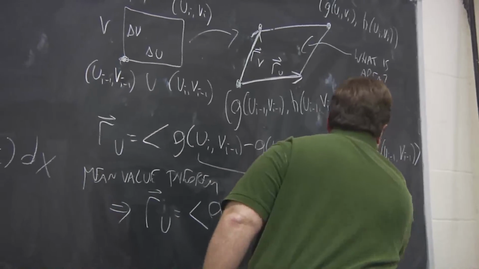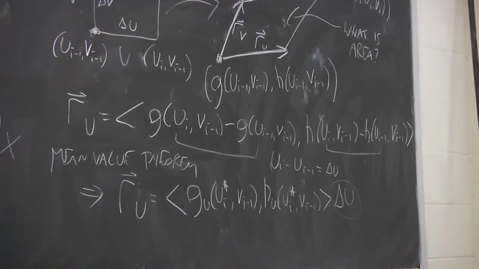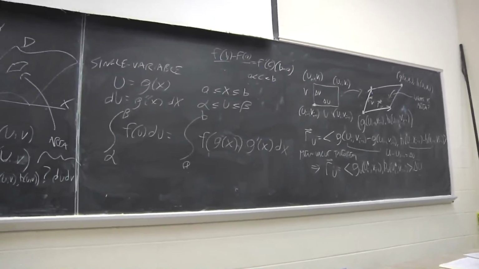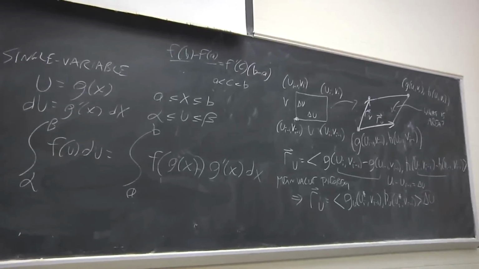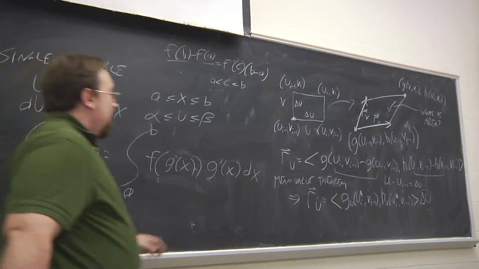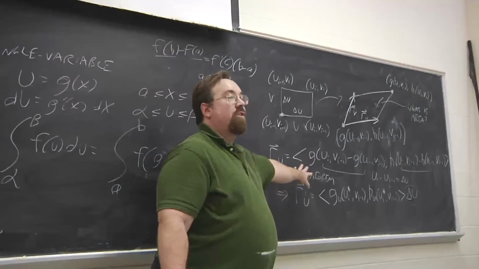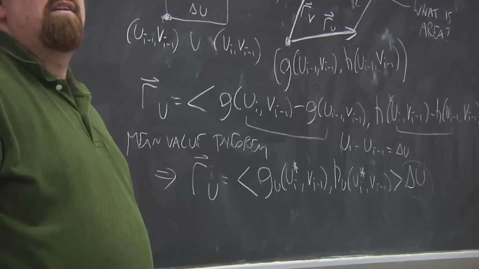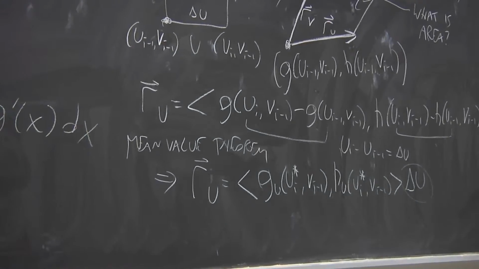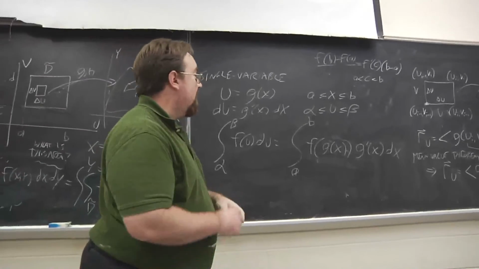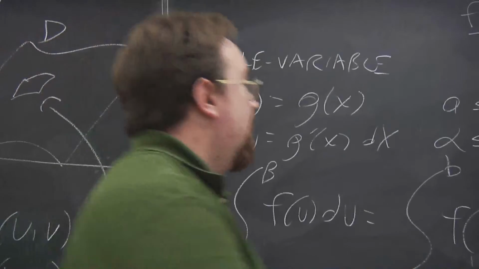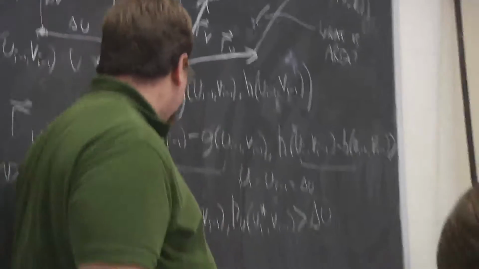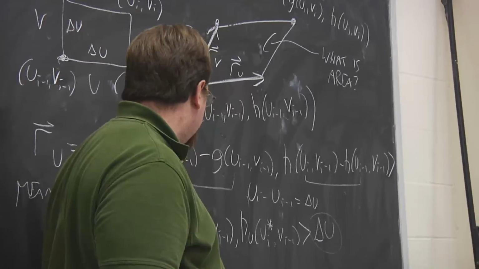That's why there's a delta u sitting out here, and both components have that, so that's why I'm writing it outside. I want to make sure that we're good to go with this before I continue. That's also in the notes. Okay. So a vector that defines this edge is equal to this,